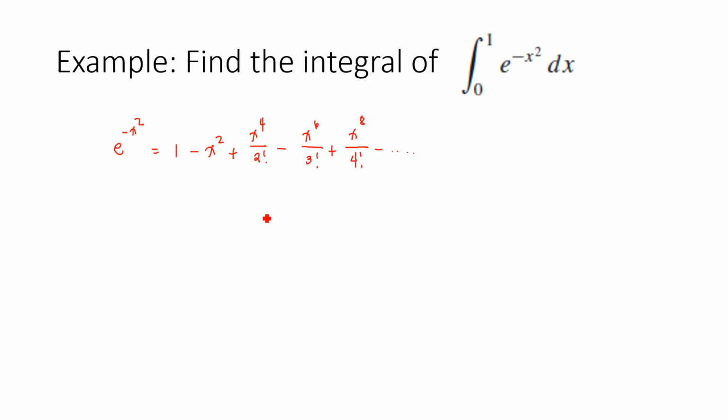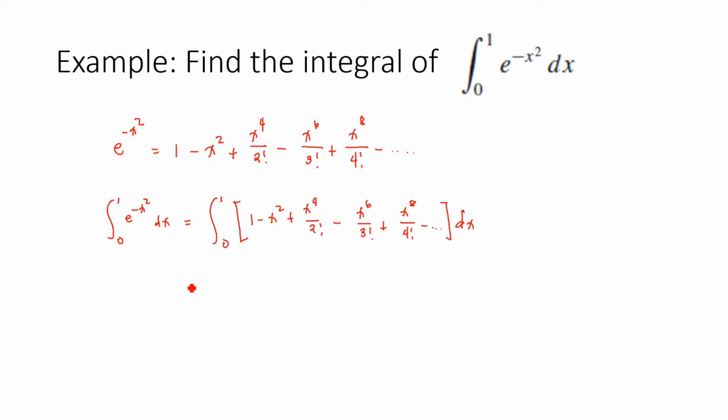Okay, therefore, we could have the integral of e raised to negative x squared dx from 0 to 1 be equal to the integral of this one, 1 minus x squared plus x to the fourth over 2 factorial minus x raised to 6 over 3 factorial plus x raised to 8 over 4 factorial minus so on dx from 0 to 1,